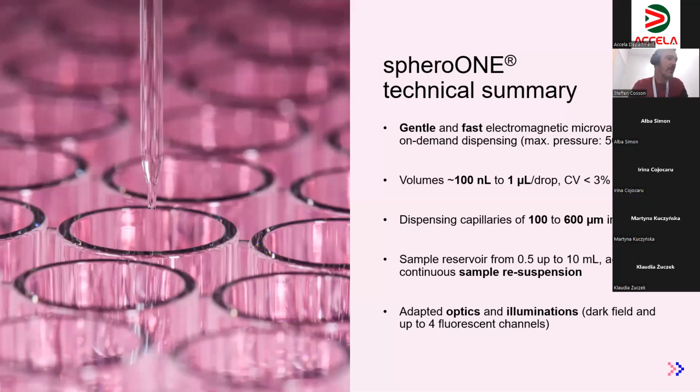Because the samples we process now are significantly larger than single cells, because they are composed of thousands and thousands of cells, we had to enlarge the aperture of the capillary that we use. So typically, the current offering that we have is capillaries ranging from 100 micrometer in aperture all the way to 600. And then we have a pressurized reservoir where you will need to store your samples,